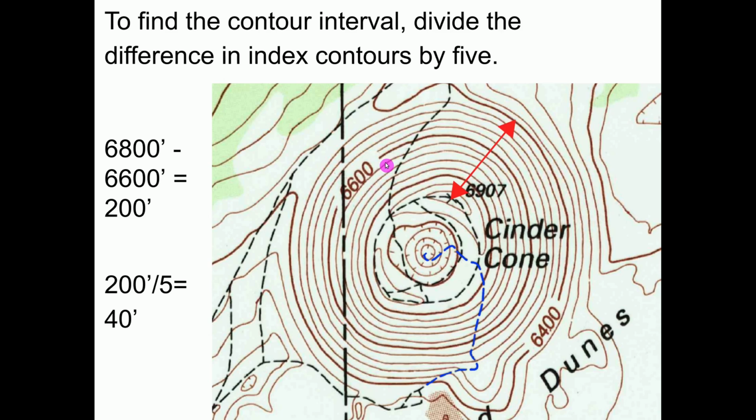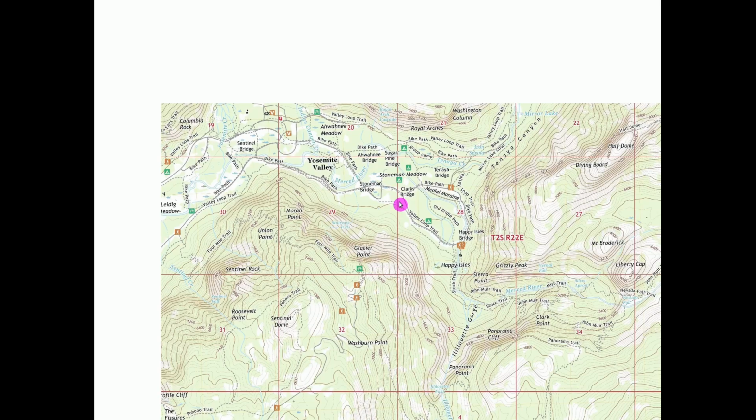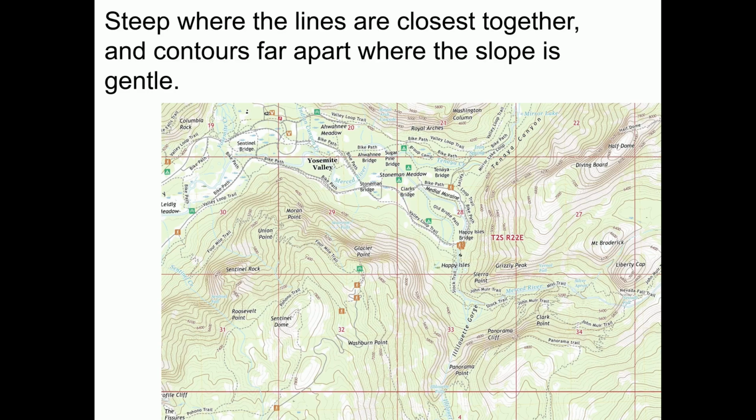So each of these lines going uphill, and you can tell you're going uphill because they're closed circles getting smaller and smaller as you go uphill, is 40 feet higher, 40 feet higher, and so on. So with contour lines, where they're close together, it's steep. Where they're far apart, it's flat. Like down here in the valley,